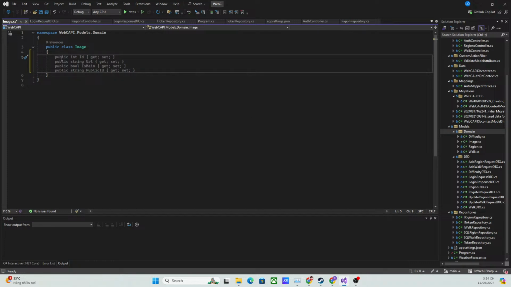accept the file, the physical file that is going to be uploaded, and that is represented by IFormFile, and that's the type of the file that we accept, and the framework has the information